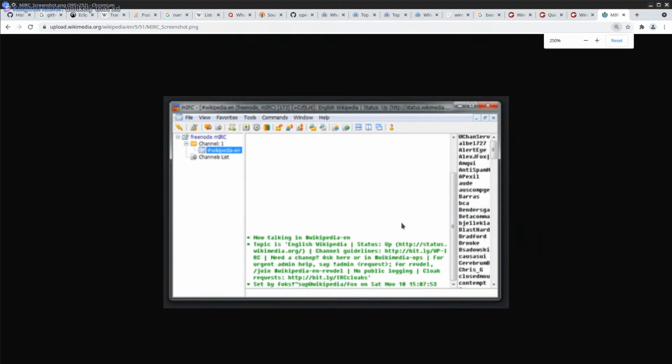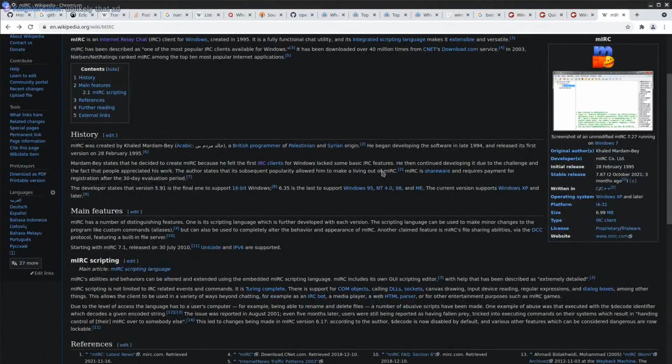Old window. Yeah, so this is what we used to communicate over the internet for chatting way back. I guess people still use it. Somehow it's not dead. It's really cool though. Running on Windows 7. IRC clients.